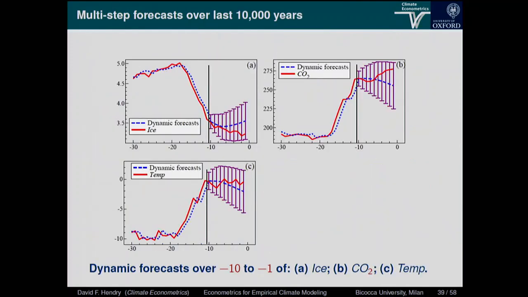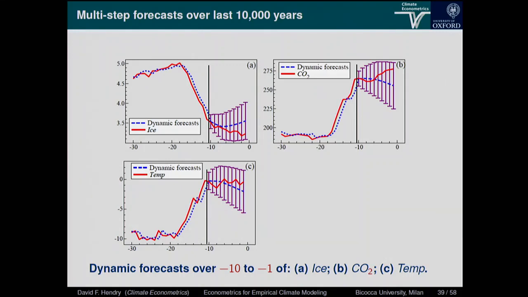Then we do the multi-step forecast, and this is what they look like. Now, they're all well within the confidence bands of the dynamic forecast, so the model's not non-constant, but it's obvious that something's happened. Here, they're all above, and they're mainly above. Here, they're all below, and they're mainly below. It's very systematic. It's not big, but it's very systematic. It is suggesting that Ruddiman's right. Humanity has been affecting the climate over the last 10,000 years. Not much.